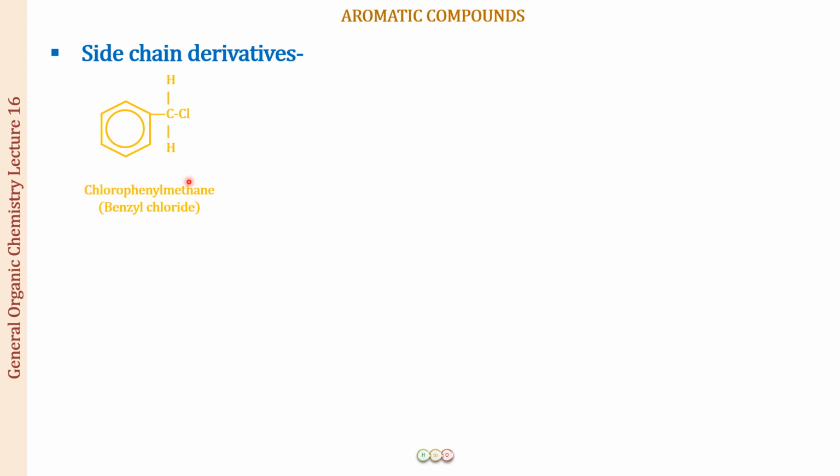But this is not the name that we generally use. The name that we generally use for an aromatic compound of this type is benzyl chloride. I will come back to this name once again when we have completed two more structures. All right. Now, if you see this structure, what have we done? We have replaced one more hydrogen. One hydrogen we replaced over here with a chlorine atom.